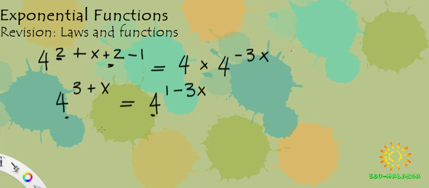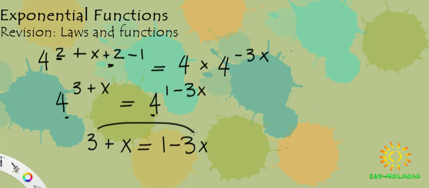That means that the exponents are equal then. So 3 plus x is equal to 1 minus 3x. Let's group like terms together. We're going to take the negative 3x to this side of the equation. It'll become a positive 3x, and we're going to take this positive 3 to this side of the equation, and it'll become a negative 3. So we're going to have